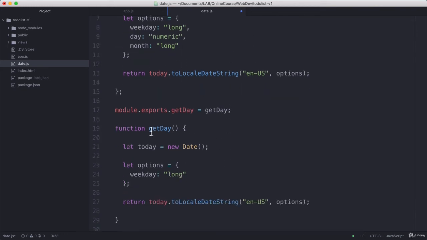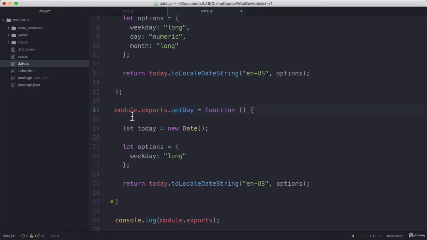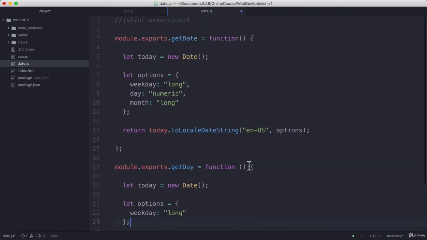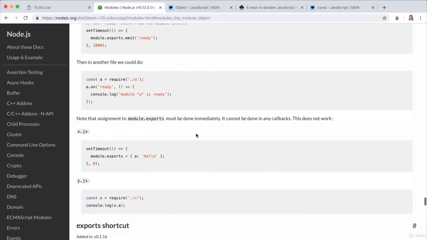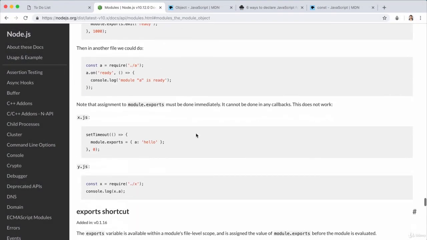Let's go ahead and do the same thing over here. Let's delete this name of the function to turn it into an anonymous function, and we're simply going to set that function to equal module.exports.getDay. Now we can make this even shorter by reading through our Node.js documentation, because if you scroll down a